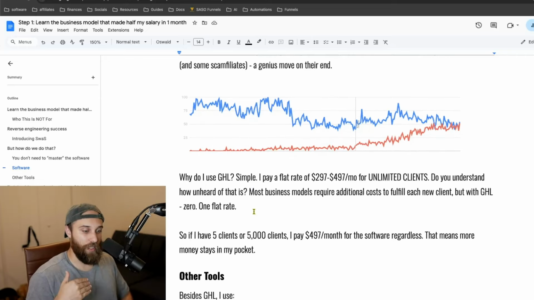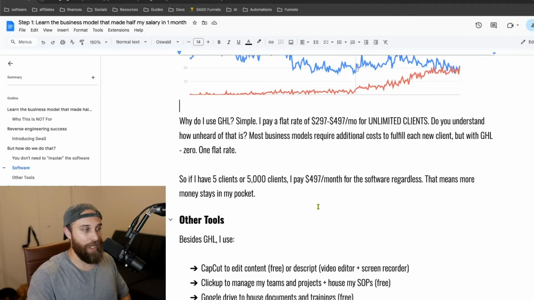So every time you get someone hosting on their website, every time you have a new Elementor client, every time you have a new client on Zoho One, every time you have a new client using Calendly, every time you have a new person, even a new person in Slack, a new person on ClickUp, you're paying per person. With HighLevel, one flat rate, you do not pay per person whatsoever. I don't care how many users, how many clients, nothing. One flat rate. So if I have 5 clients or 5,000 clients,